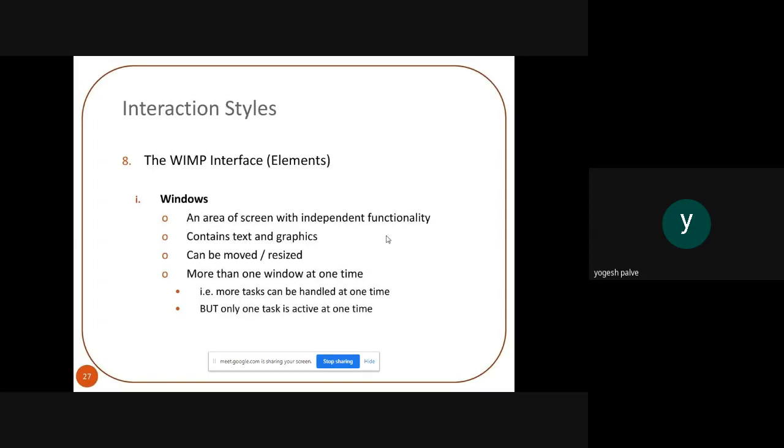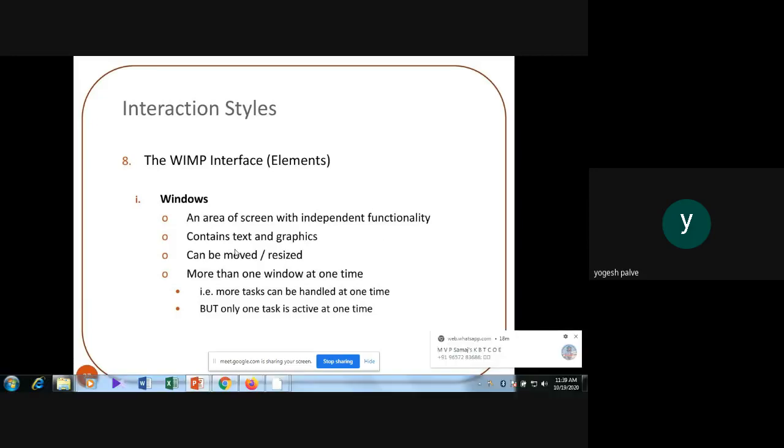Then it can be moved or resized, so your window can be moved or resized according to the task performed by the user. And more than one window can be used at the same time by the user very easily. That is, more tasks can be handled at one time, so the user can easily handle one task or more than that.